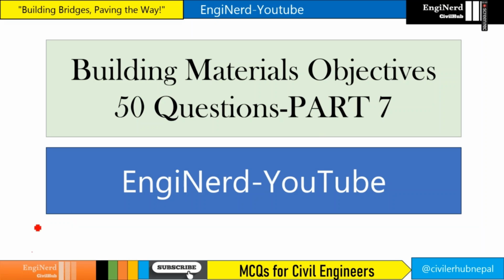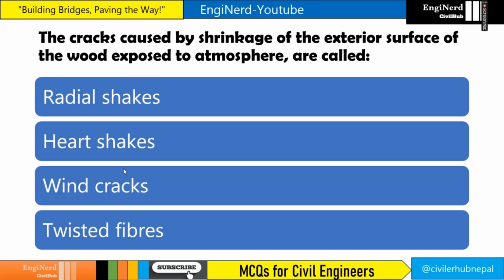In this video, we'll be discussing part 7 of building materials objectives, from question 301 to 350. So let's start. The cracks caused by shrinkage of the exterior surface of the wood exposed to atmosphere are called